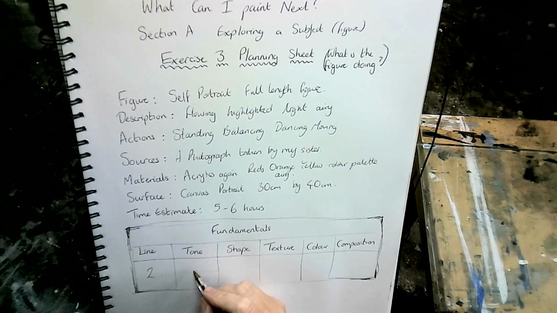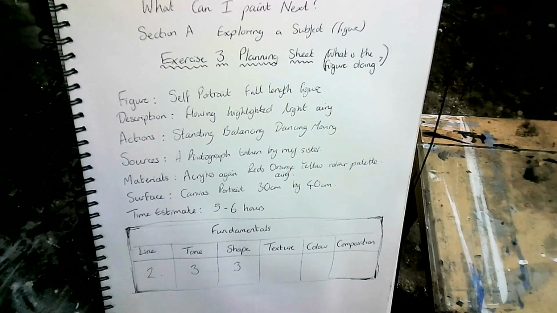Tone, 3. The tone of the body compared to the background, I need to make sure I get those right. The body itself is actually, it's the shadows that are creating the form against the light background. So tone, I've got to keep that in mind, that distance, by bringing it forward with the dark. Shape, that's